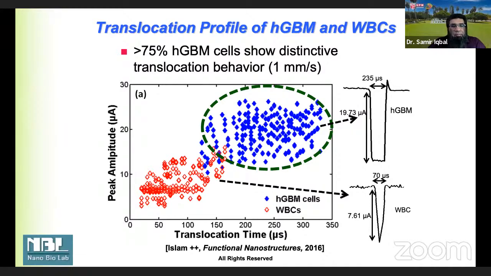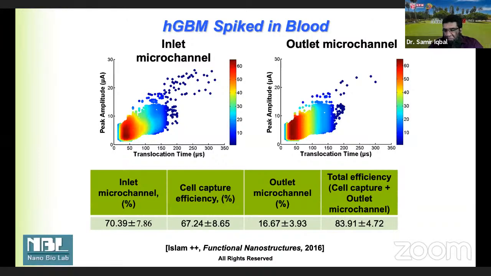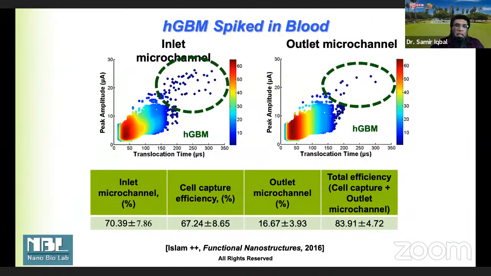There is much more data, but I think we are close to 50 minutes and I want to leave some time. This data is showing the inlet and outlet microchannel, where you see this cluster of region, which was the indicator of tumor cells in the inlet, which you see many, and a very few of them on the outlet. So these are the cell difference which got captured, and that shows an efficiency of 83%, which means that if there are 10 cancer cells in a sample, we would detect 8 of those.